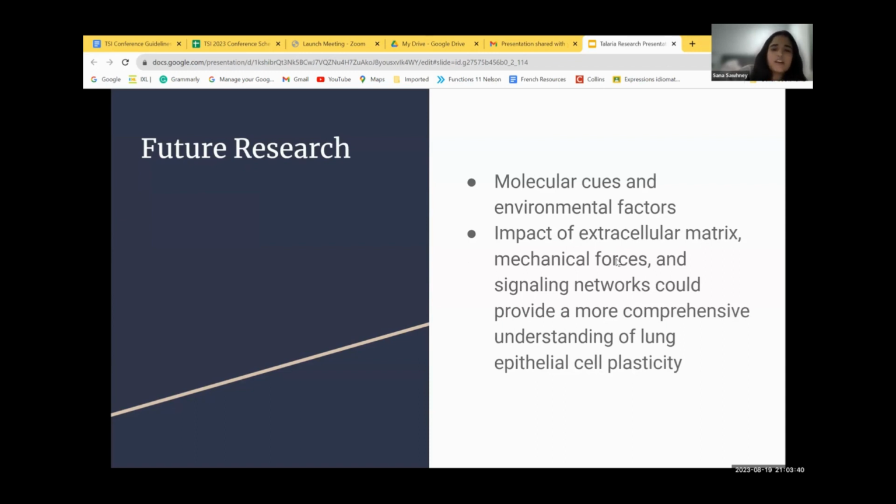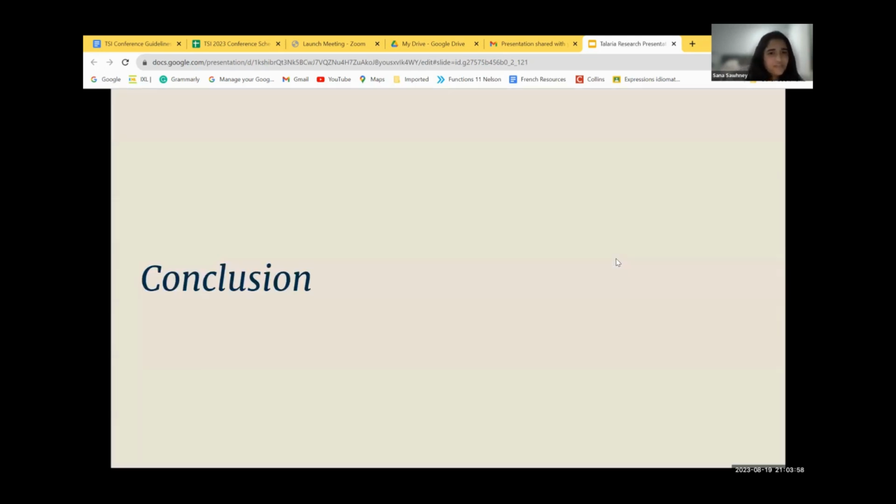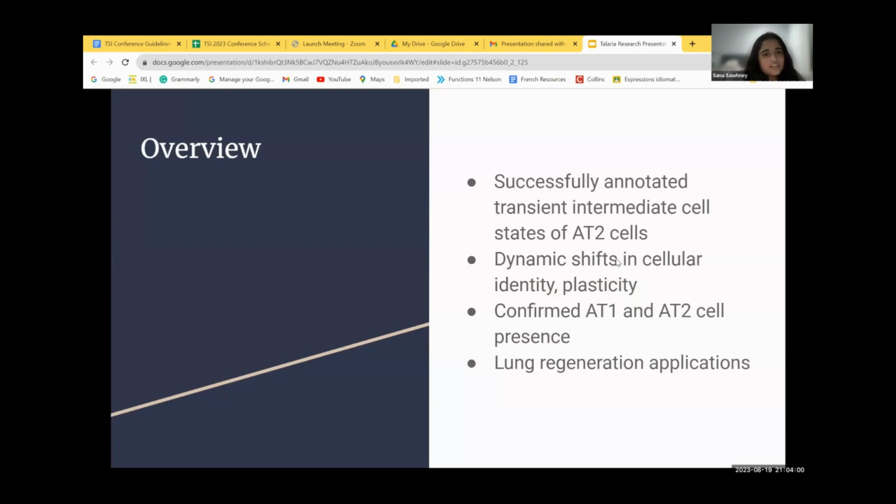Future studies should delve into the molecular cues and environmental factors that drive the transitions that we observe. Exploring the impact of the extracellular matrix, mechanical forces, and signaling networks could provide a more comprehensive understanding of lung epithelial cell plasticity. And finally, in conclusion, as an overview, in this study, we were able to successfully annotate transient and intermediate cell states of AT2 cells during lung organoid culture,